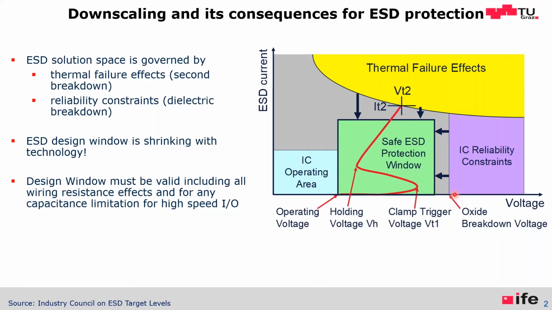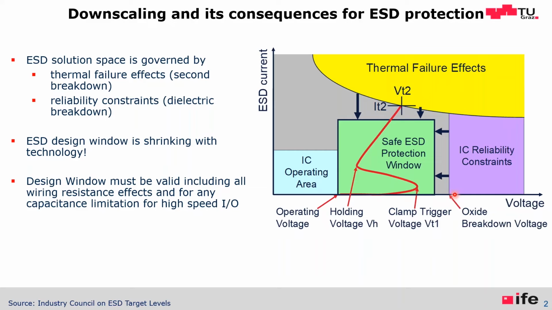Now, why is ESD protection in general needed? Most ESD protection is for manufacturing and handling. In manufacturing and handling, one can use ionizers, conductive materials, etc. One can control the voltages very well. On system level, it's different. On system level, there's no control. And the protection structures in the IC, which are meant for CDM and HBM, also help at system level, but they're not a good predictor, as Bernd says.